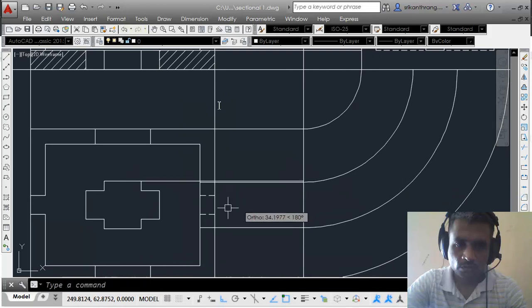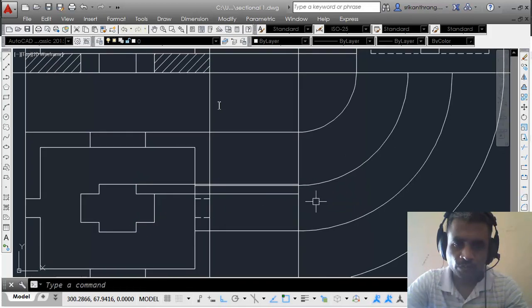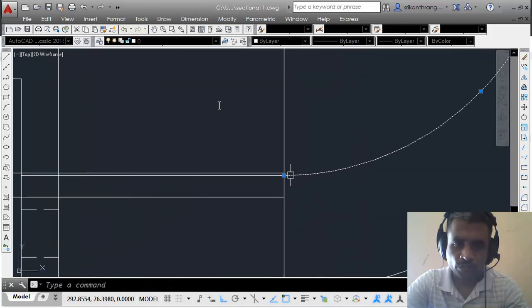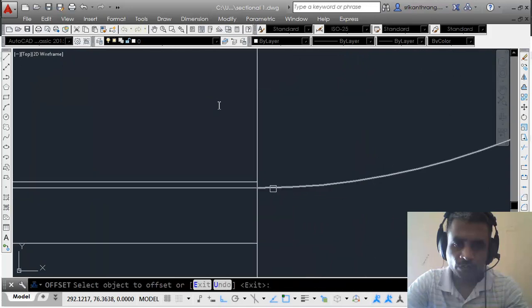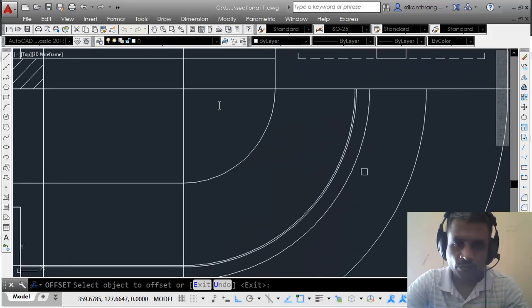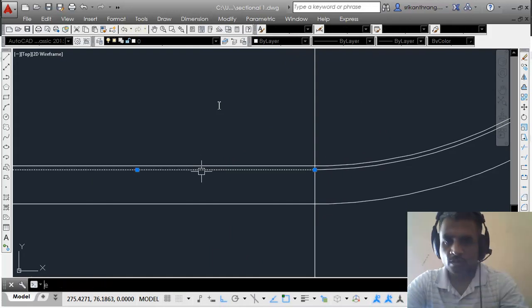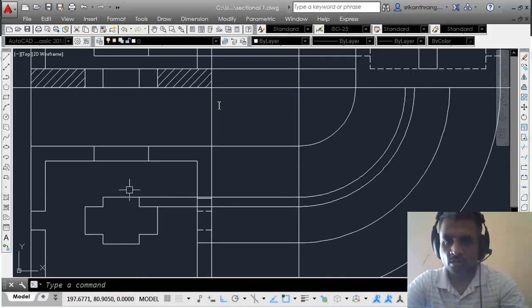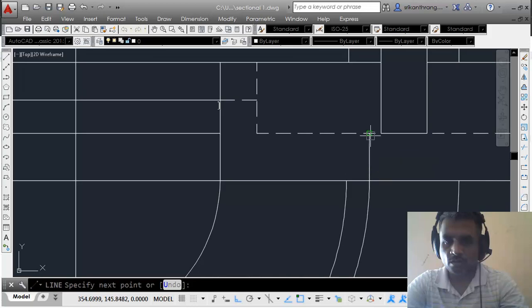So this one is just confusing me, so I'll just remove it. So these are the 2 lines I will need. So 1 and 2, and the same lines we need on the other side also. I'll just mirror it using this midpoint, and again I'll just have to make them hidden. Finally, I just have to make another line as the base, and this is it. This is the diagram.